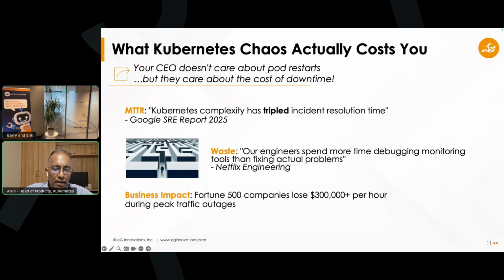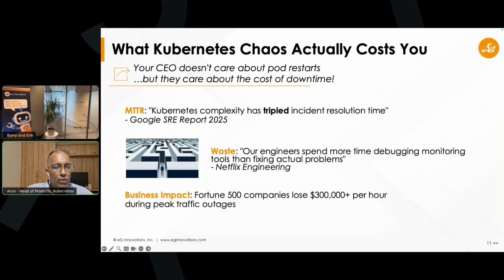And if you look at the impact, it's beyond just the monitoring complexity. It's also cost, because ultimately IT serves business, and that chaos, which I talked about previously, costs the business. And so your leadership team may not be really perceptive of, or they may not care about pod failures or pod restarts, but what they care about is that downtime. And if you are not proactive with your monitoring tools, if you're still stuck on the traditional monitoring tools, it's going to cost your business, quite literally.